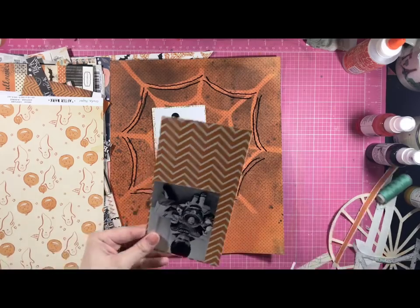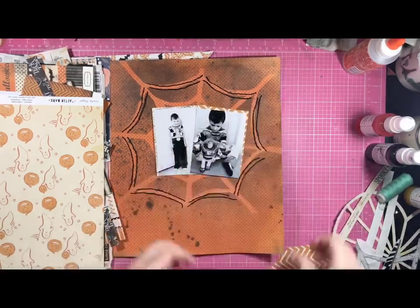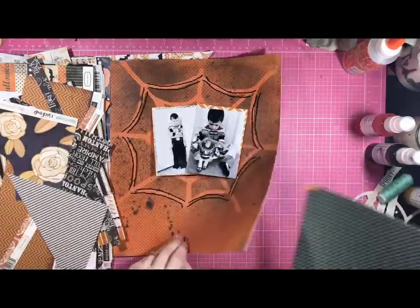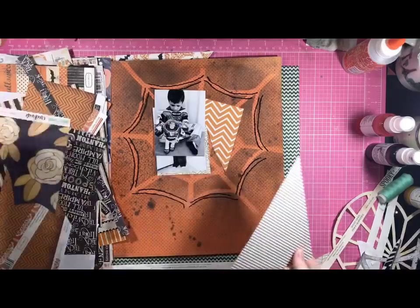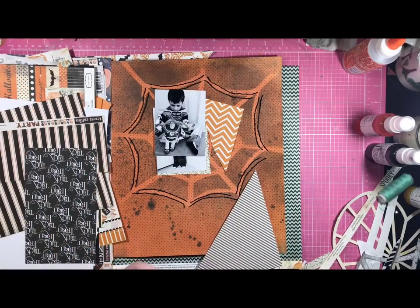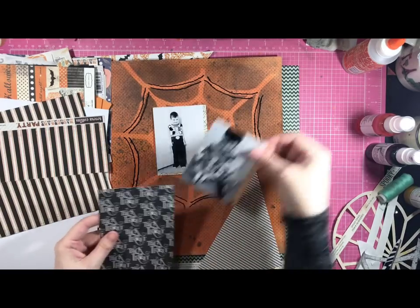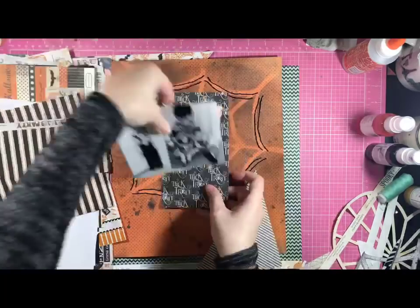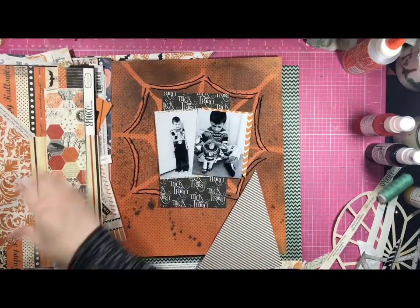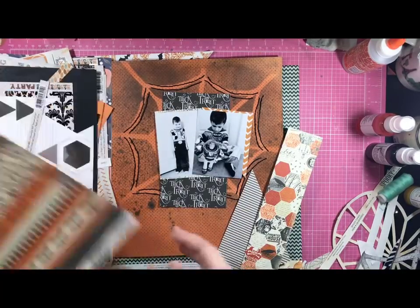I'm really obviously spitting Halloween all over this layout. It actually is a very simple layout as you watch it kind of come together. It's another one where after this series is over and before I get it into an album, I'm probably going to change it up a little bit, add a little bit more to it. I just made it a little too simple to my liking, so I'll probably go back and fix it. But while you watch me kind of go through the papers and figure out where I want to place what,